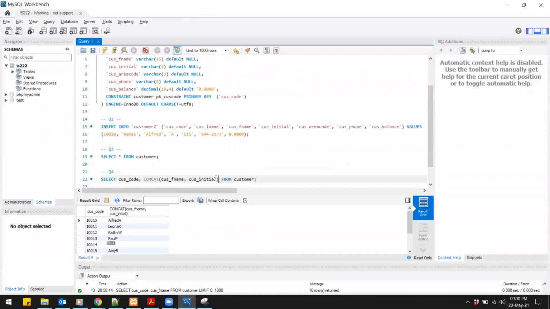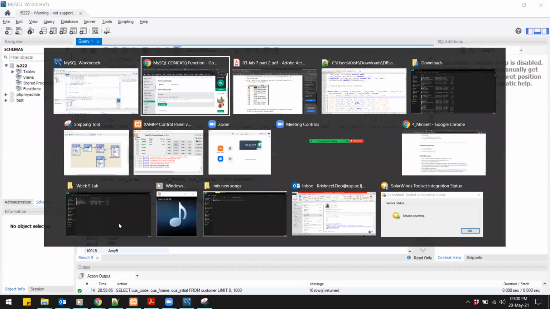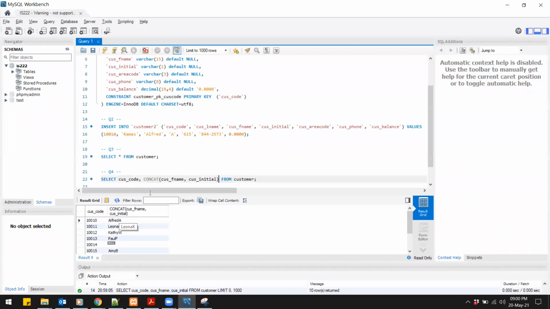Okay, let's see. So we are getting the first name and initial, but there's a space in between. So we need to put a space as well. So after the first name, we will put a space and then the initial. Now run the query, we get first name space initial, as well as there is this last name. So after this, I will put a space and then customer last name. Okay, so now we get the desired result,